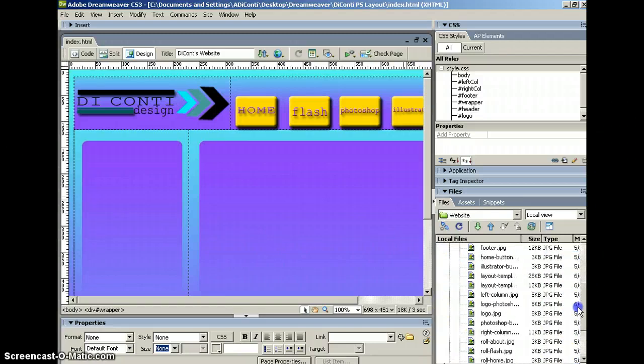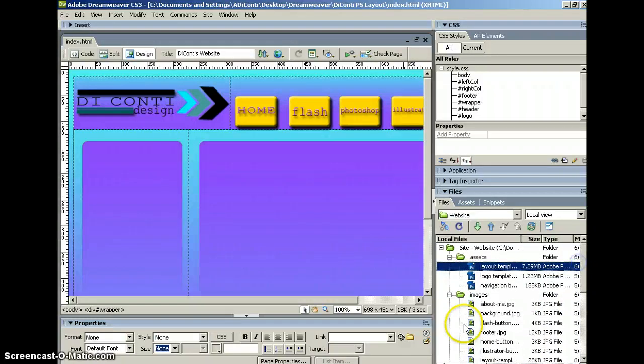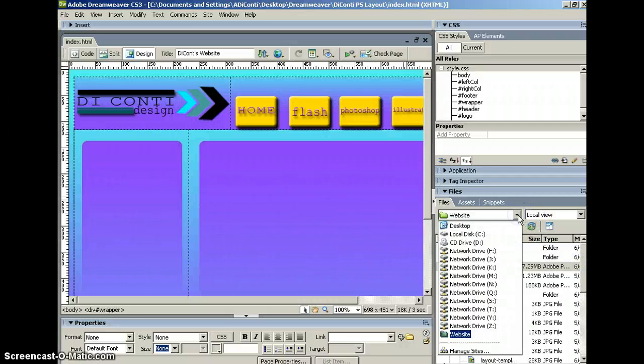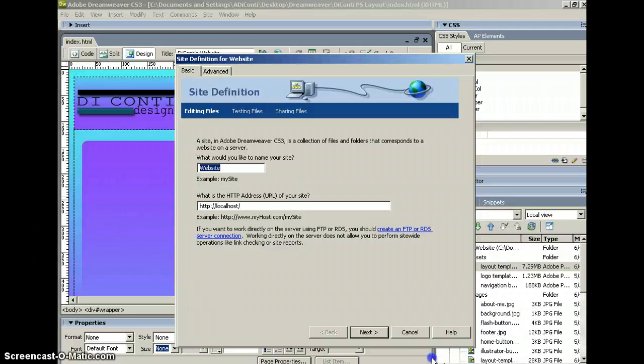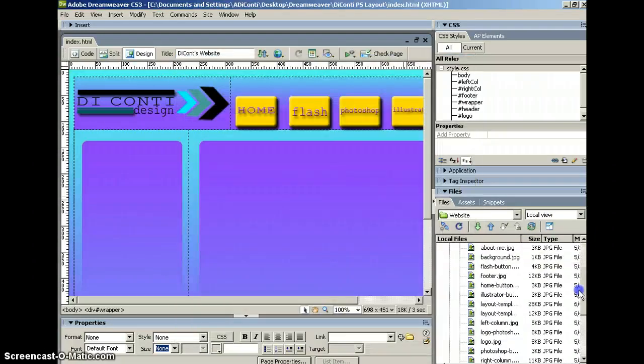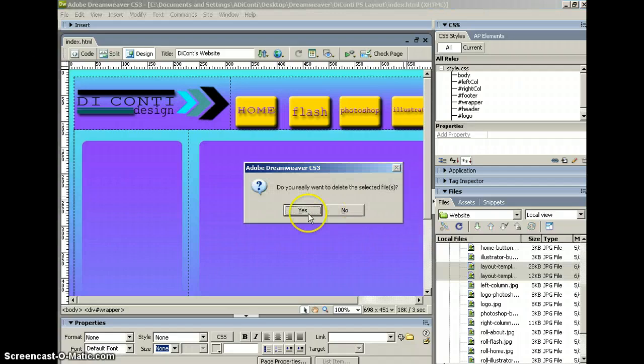So in my images folder here, let's see, I'm in the right place, I believe. Cancel that, I just accidentally did something wrong there. All right, let's see. Yes, there it is, perfect. Logo Photoshop. Now, it did create those two layout images, so I can simply highlight those and delete them because